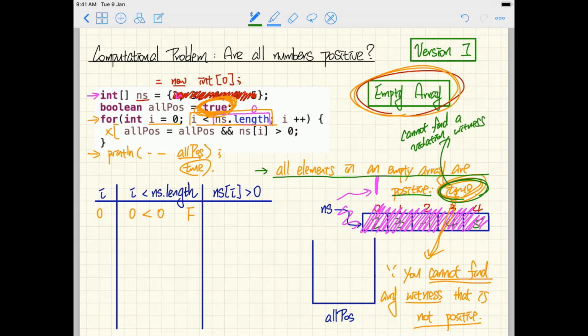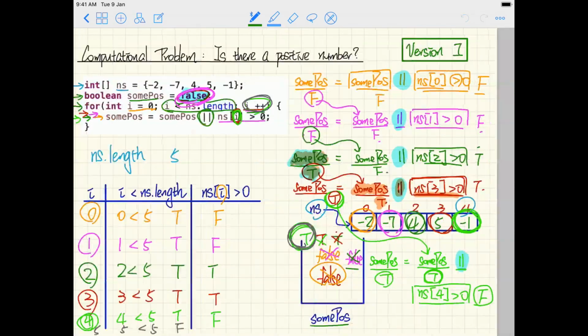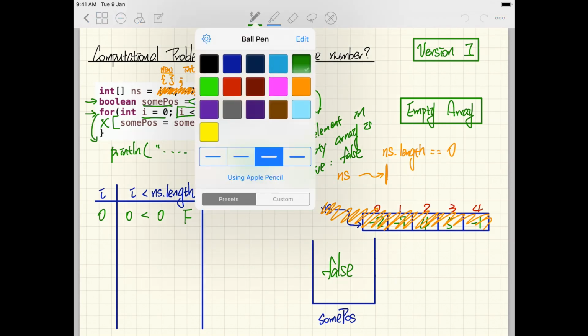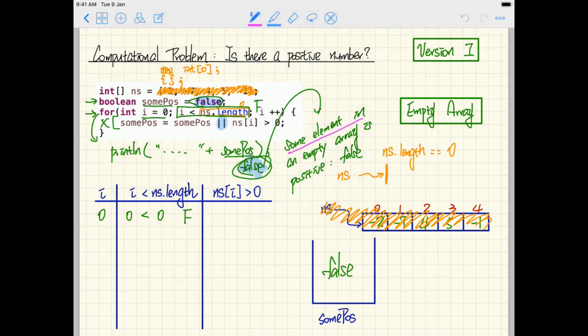You cannot find a witness that proves to you that there's at least one element that is not positive, in which case the result should be false. In which case, yeah, but now since you cannot find it, so everything is positive, so that's why it's true. Okay, so now similarly, if you go back to this particular illustration over here, how do we consider this? Some elements in an empty array is simply positive, is false, simply because you cannot find